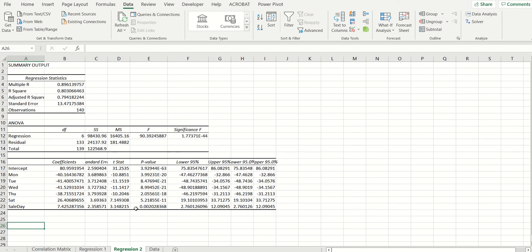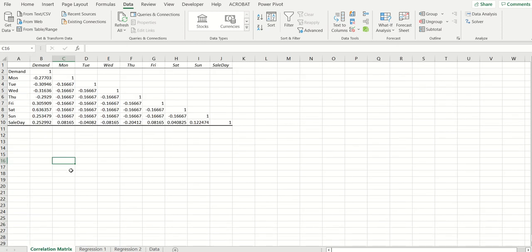So I'm going to go back to my correlation matrix and see if it looks like Saturday. So I'm just looking for collinearity, but also Sunday. So when I look at demand and correlation,